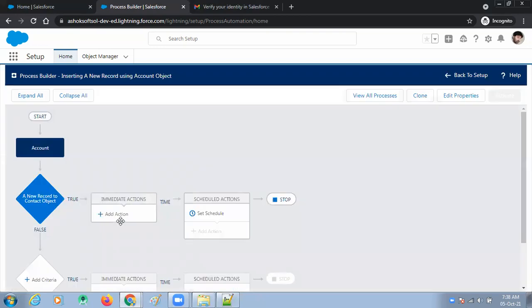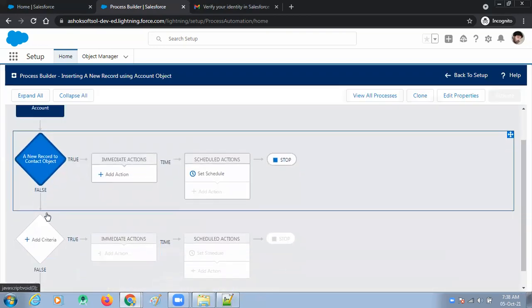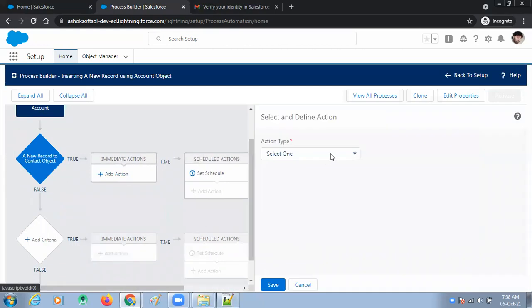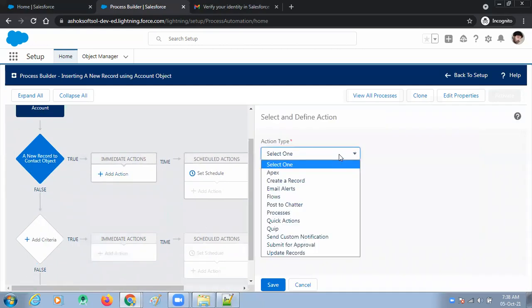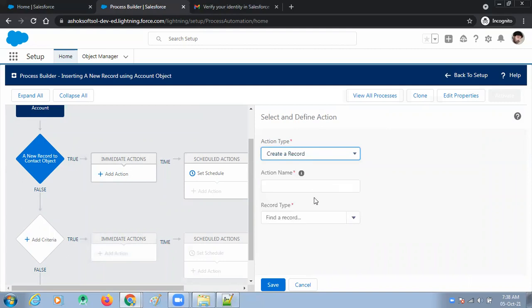Save. Up to here. Now I want to add action. Look here, add action. What type of action? Create a record. Here, create a record, not email alert. Selected.